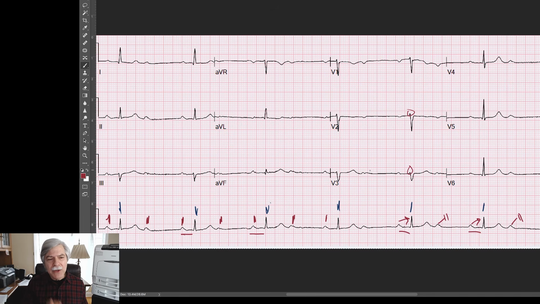A lot of people will look at this and call it Mobitz 2. They say, oh, I know what this is, Doc. It's Mobitz 2. And this is a misconception that has been perpetuated by interns and residents, and even attending physicians will sometimes call it. Some of my partners will even make this mistake. By calling it Mobitz 2, you are labeling this incorrectly, because by definition, Mobitz 2 has a fixed PR interval, and then suddenly a P wave is dropped.